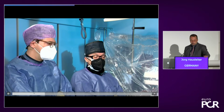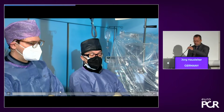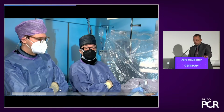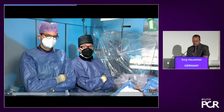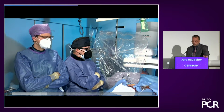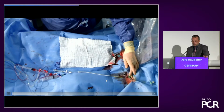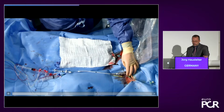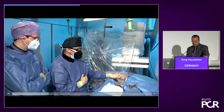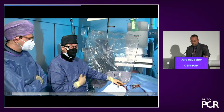Now we're jumping into the procedure here. What you're going to see, this patient was not in intubation, but in analgesic sedation. We don't need to have a TE probe during the procedure. I prepared here both groins. On the left groin, you see an arterial access, but also a femoral vein access for a pulmonary catheter. This is the white catheter in here. And on the right side, which we used then also for the TricValve placement,